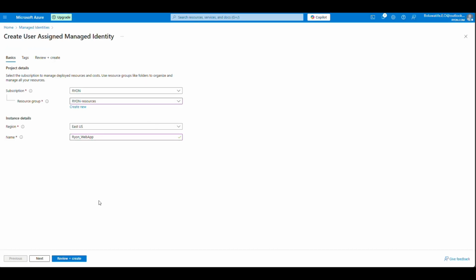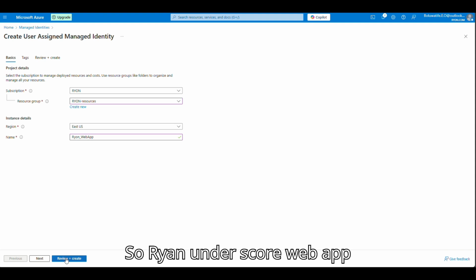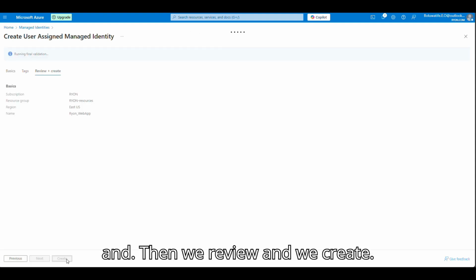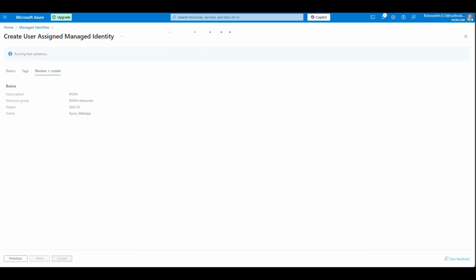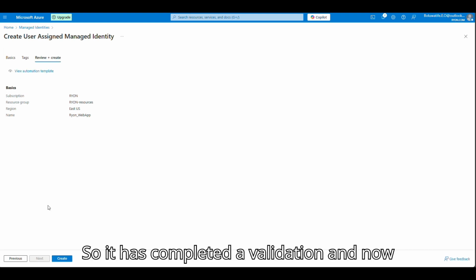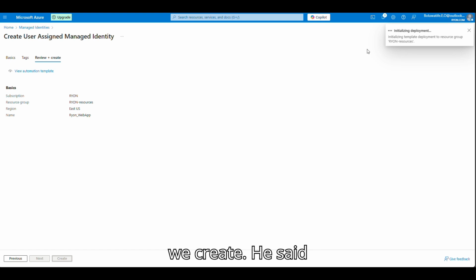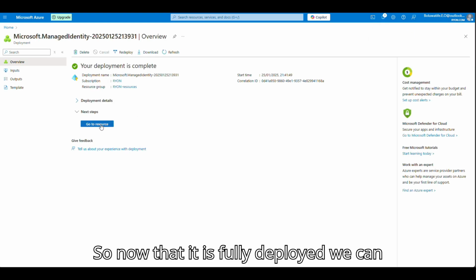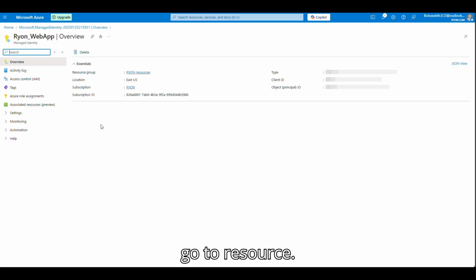Okay, so Ryan underscore web app, and then we review and we create. So it has completed the validation, and now we create. So it is being deployed. So now that it is fully deployed, we can go to resource,